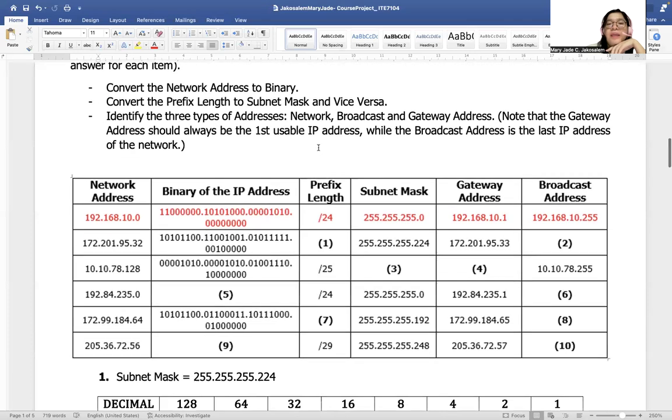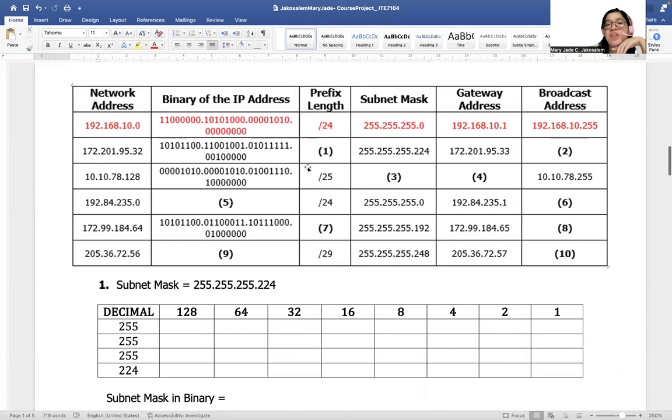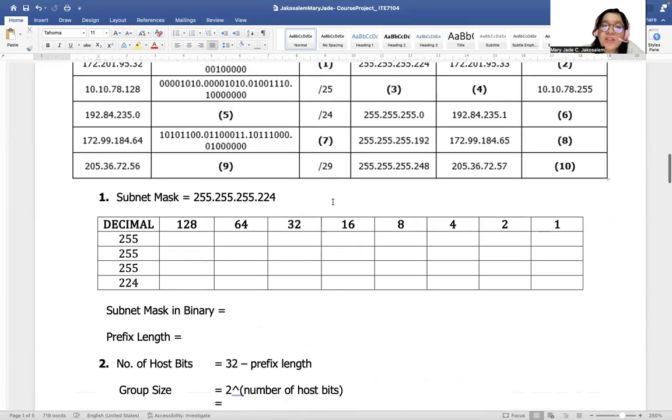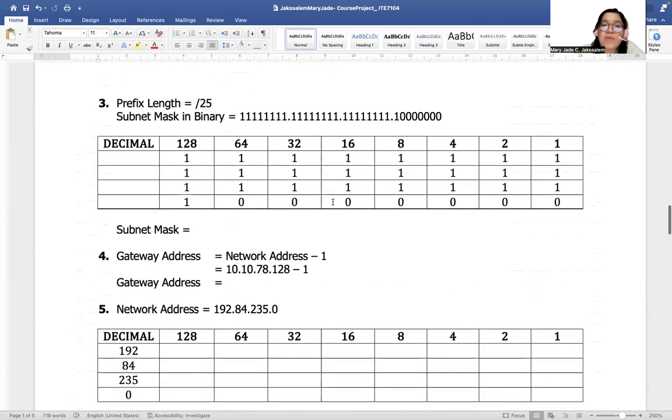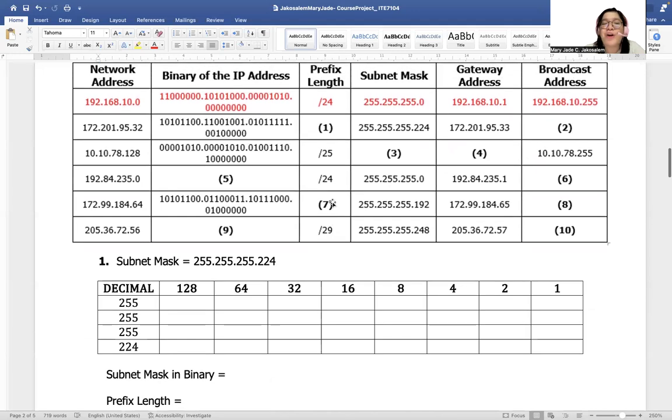So here, we have some items. For item number 1, we're looking for the prefix length. The prefix length is based on the subnet mask. So that it's easier and faster for me to discuss it in the video, I've already included how to solve them. We are just going to fill out certain blanks so that it's easier for us. Again, in determining the prefix length, we need the subnet mask. The subnet mask here is